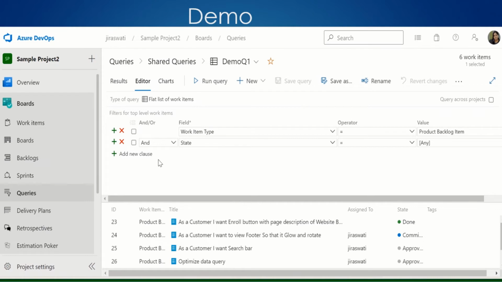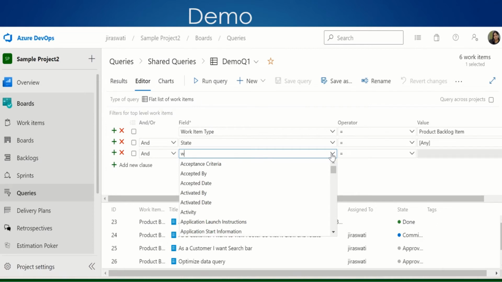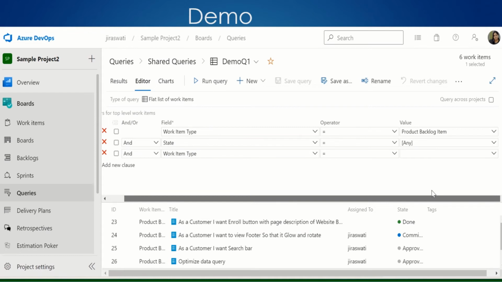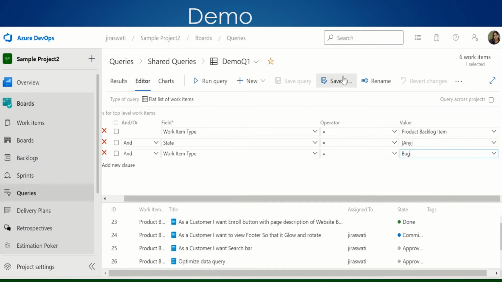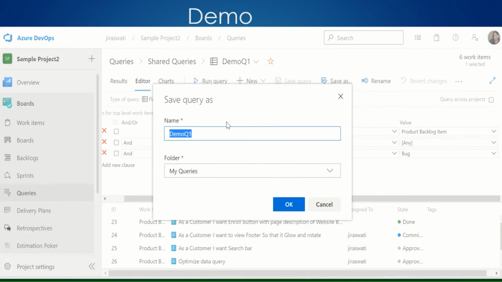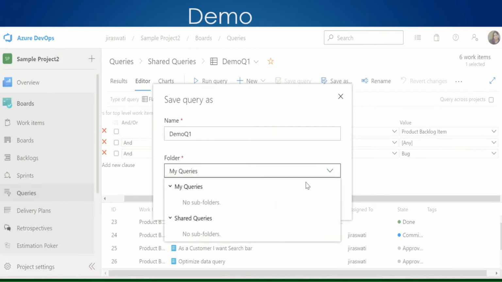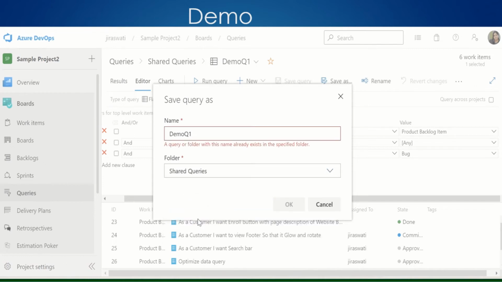Here just add one more work item type. Just give bug. Okay, save as, shared queries.